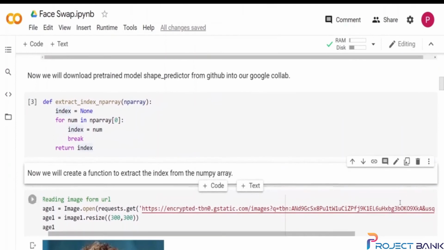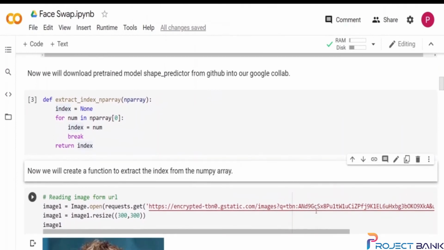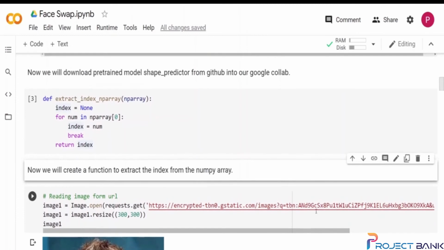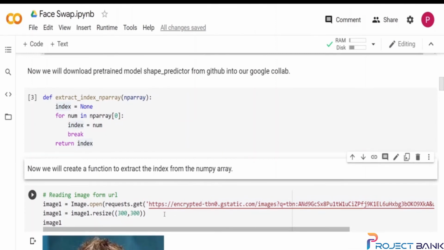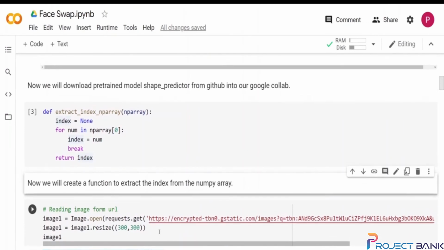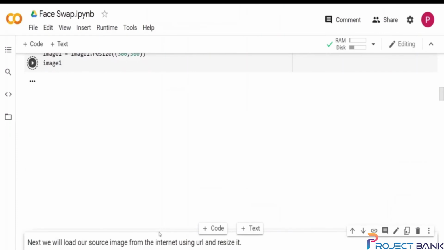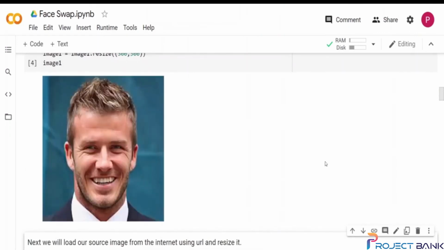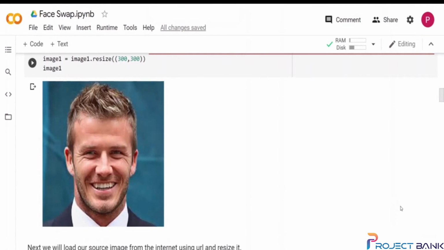Now next we will see how to read the images using the URL. Here you can see that I have taken a URL from the internet and I'll use this as our basic image, the source image. You can take any image, and then we will resize this image. Let's run this cell and load this image into our Google Colab. So this is our source image from which we will cut out the face and swap it with the